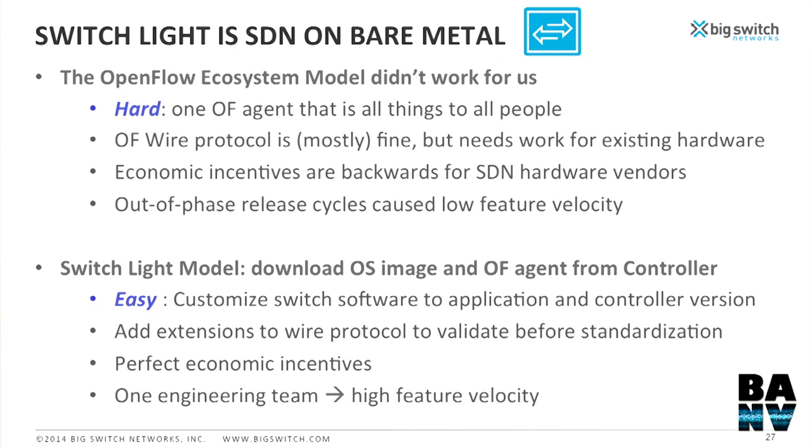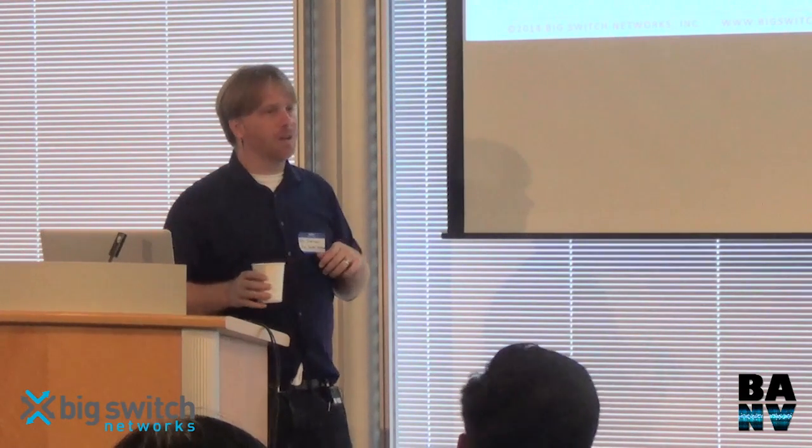And so why didn't we go down the original OpenFlow ecosystem model? And so part of the issue is it's really technically hard to build an OpenFlow agent that is all things to all people. By which I mean you build an OpenFlow agent once, and it supports all the possible applications that you want to support on top of it. And this is back to what I was saying earlier, that an OpenFlow agent is actually a relatively high-level API relative to what the hardware can do. And to talk about